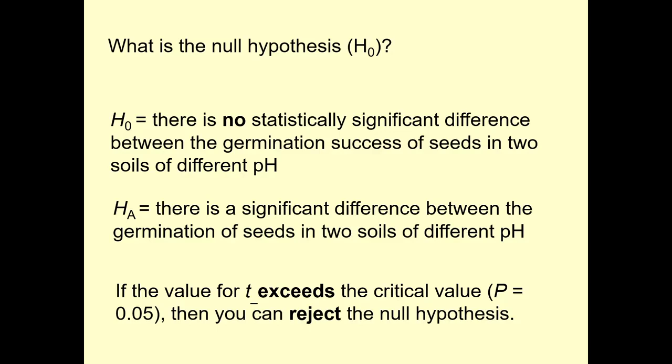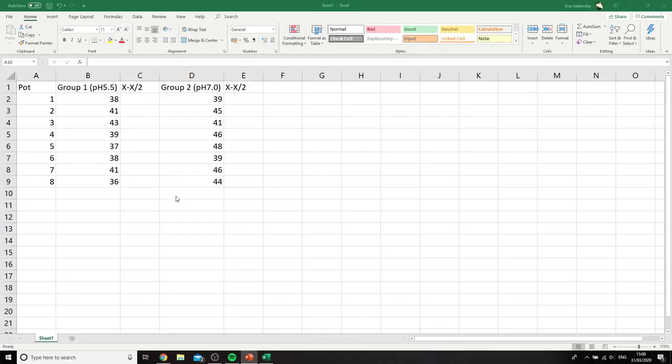If it exceeds the critical value, then you can reject the null hypothesis, H0, and you accept HA. So you accept that there is a significant difference. So what we're trying to prove or disprove is H0, the null hypothesis. So the first thing that we need to do